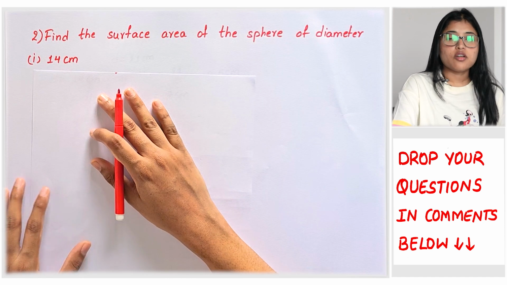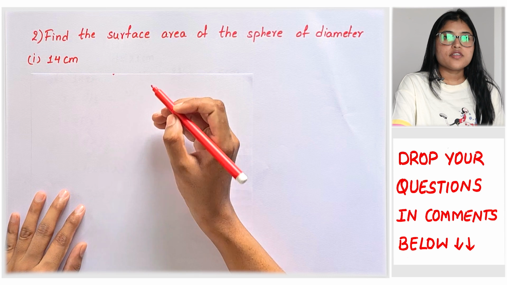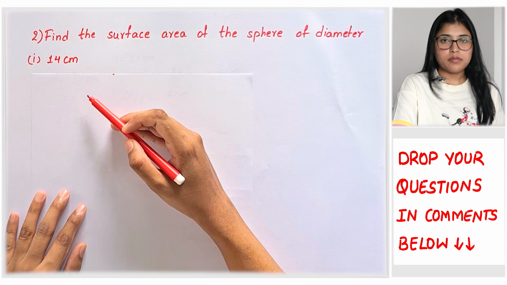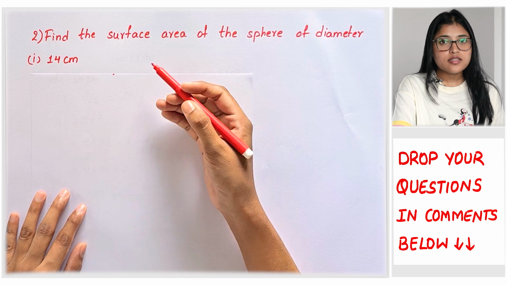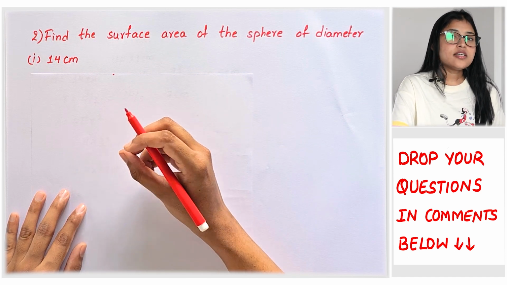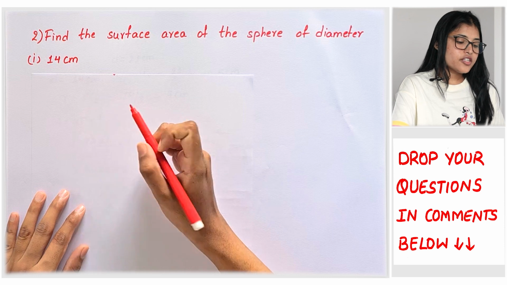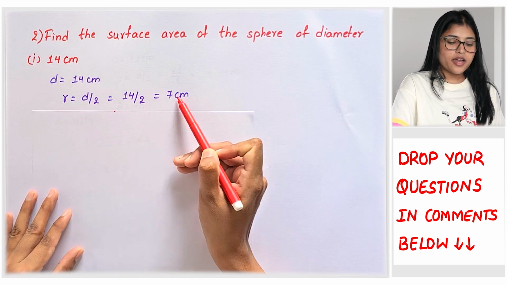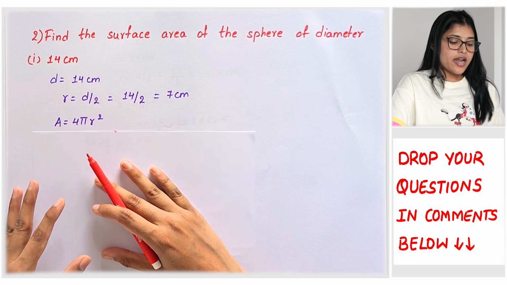The second question also asked us to find the surface area of a sphere, but here instead of the radius we are given the diameter. So the first step should be to convert this diameter into radius in order to plug it into our formula for the surface area of a sphere. The first one is 14 centimeters, and finding the radius gives me 14 by 2 as 7 centimeters,